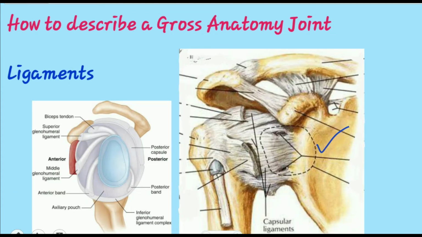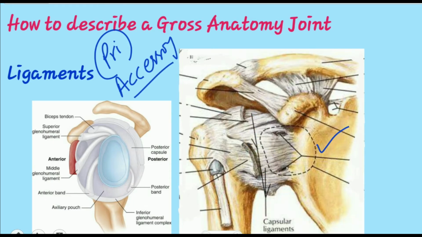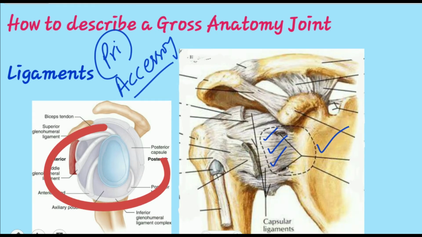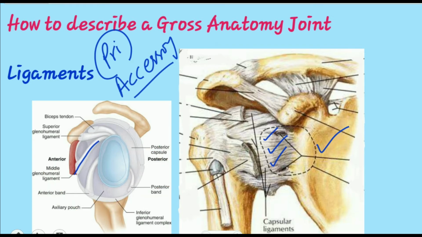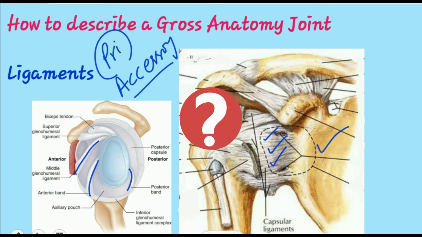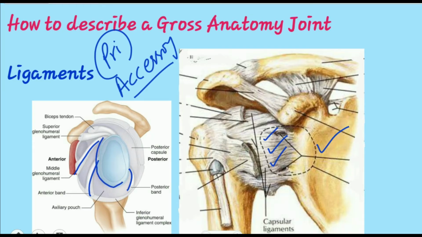Now look here, this is a diagram of the shoulder joint which has a capsular ligament. This is the capsular ligament of the shoulder joint. We have to differentiate between the primary ligaments and the accessory ligaments. The primary ligaments are the capsule and the ligaments that are derived from the capsule, that are thickenings of the capsule. We have 3 primary ligaments inside the capsule. They can be seen from the inside of the capsule. These are the 3 glenohumeral ligaments, starting from the glenoid side of the capsule towards the humeral tubercles. These 3 bands are derived from the capsule, so these are also primary ligaments.